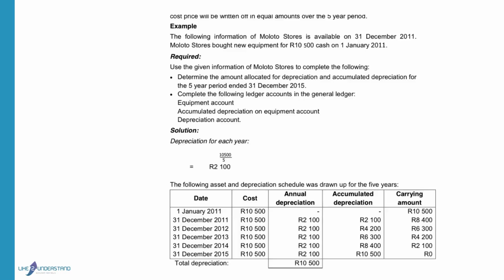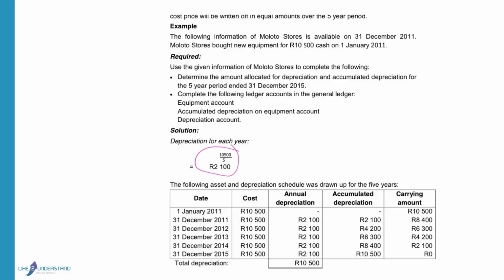So if we decide to use this asset for 5 years, it means that we will take the cost price divided by 5 to see how much we have to write off each year. You can also divide the 5 into 100%, and that means that you have to depreciate your asset with 20%